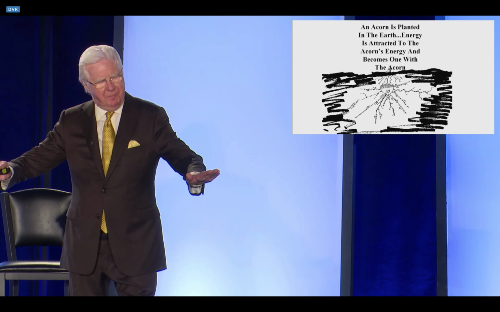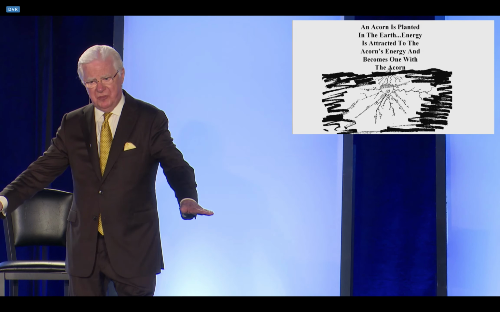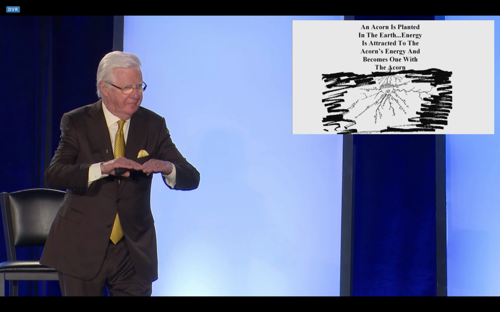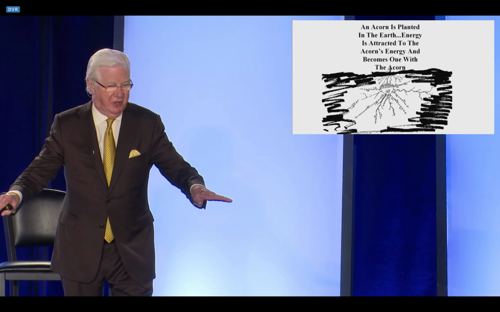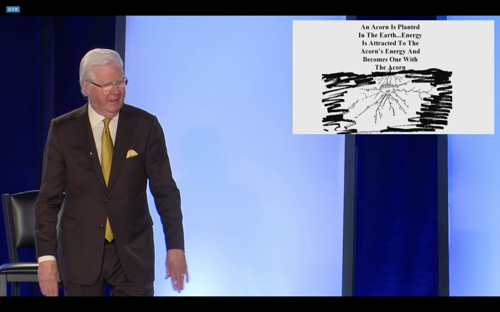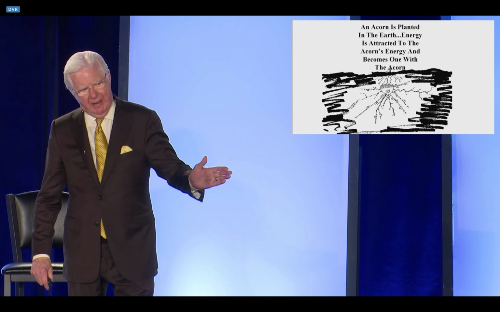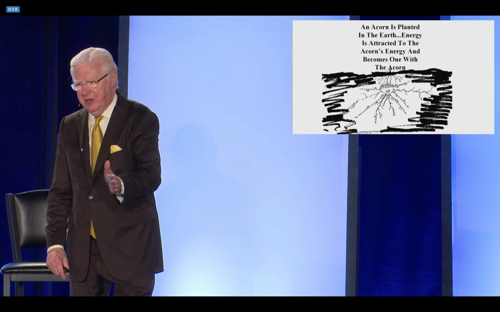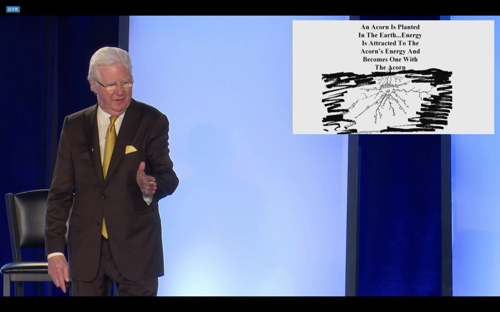Therefore, there's particles of energy in the earth that are in harmonious vibration with the acorn. And there's all kinds of energy in the earth that's not in harmony with it. There'd be particles of energy jammed right up against the acorn that are not in harmony with the acorn, so it won't mix with the acorn. However,